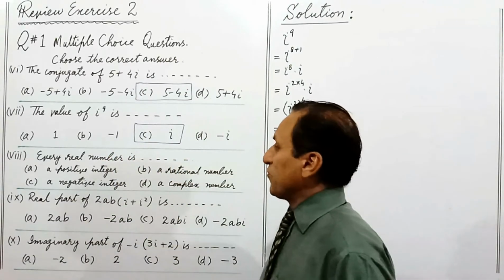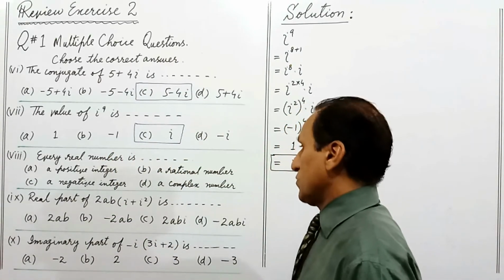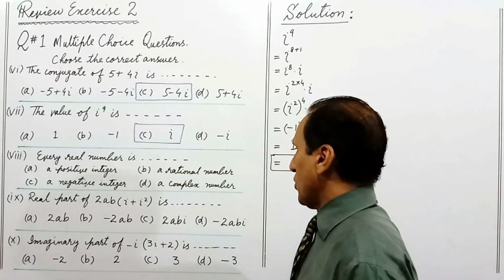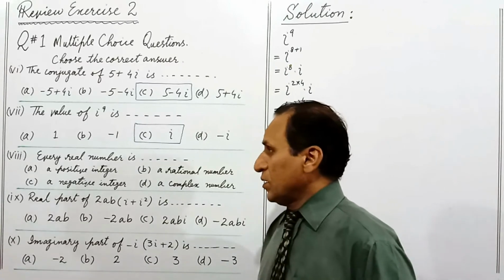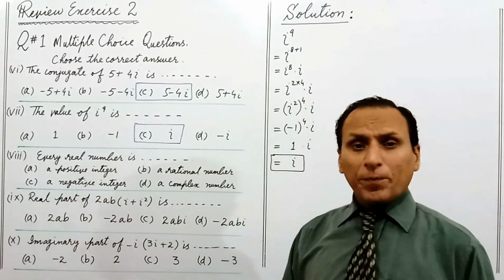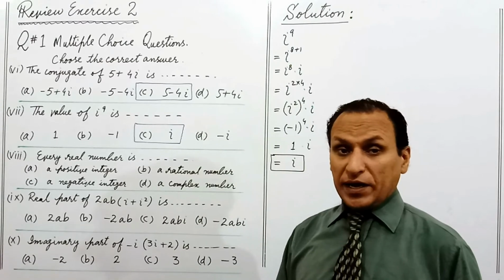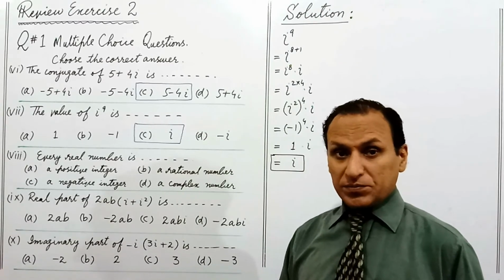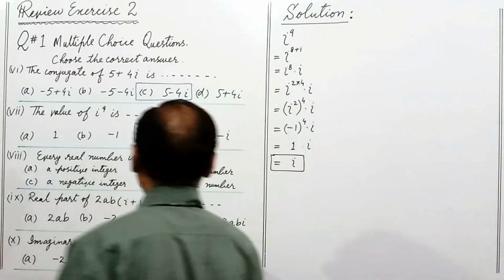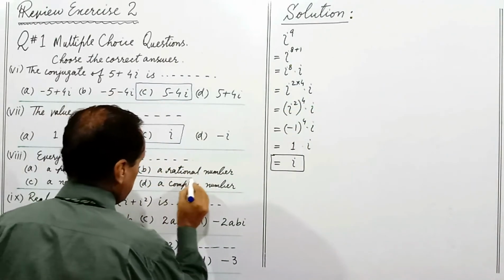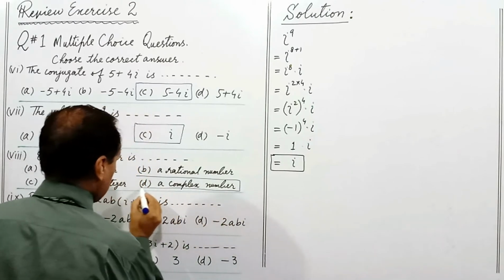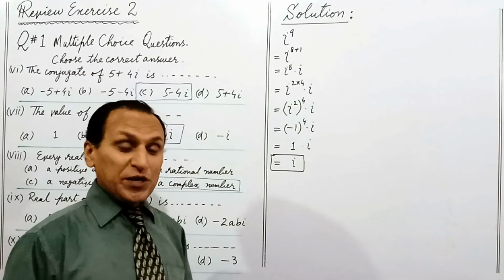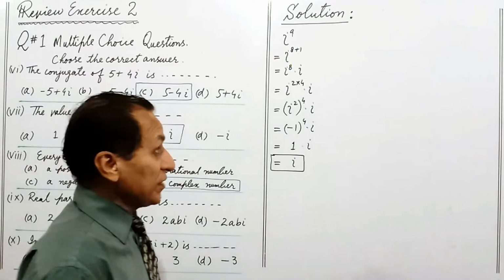Let's move to part 8. Every real number is one of its kind, meaning a positive integer, rational number, negative integer, or a complex number. In the lecture on complex numbers, we learned that every real number is a complex number. So the right option is a complex number. But for understanding, we recall the concept, and the concept is